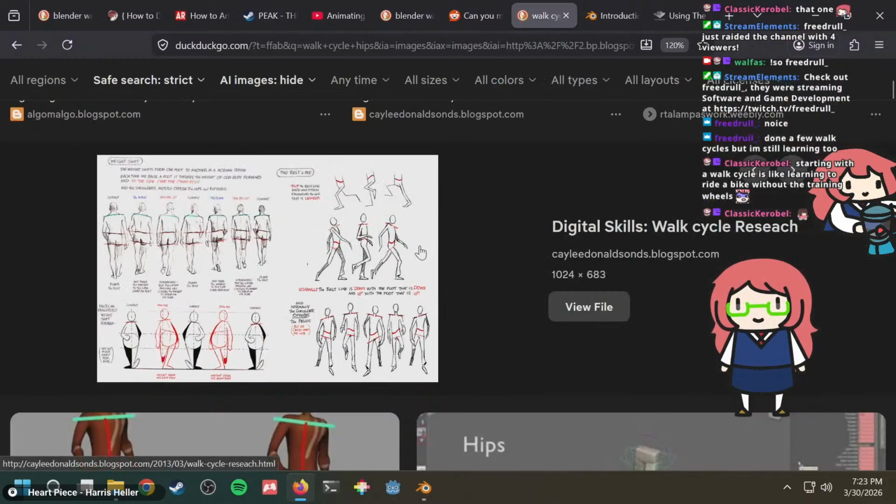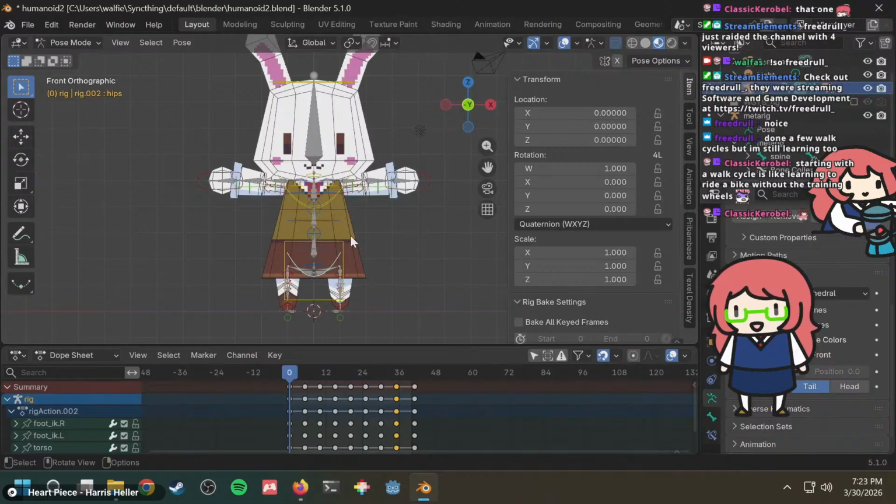Is this necessarily true? No, this one is the opposite. The side that's touching the ground is actually lower. The hip is actually lowered on that side. Which makes sense. So let's try doing that.